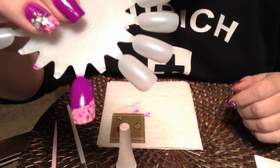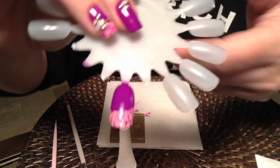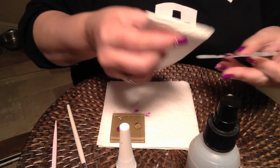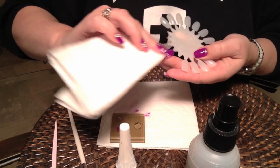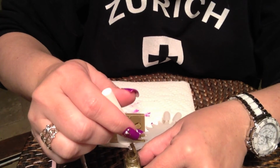Alright, so I have cured the marbled area. Now we're ready to apply the gold striper. For this, I am going to remove the sticky layer, as the regular nail polish doesn't behave very nicely with the tacky layer. So we'll remove that, take our striper,